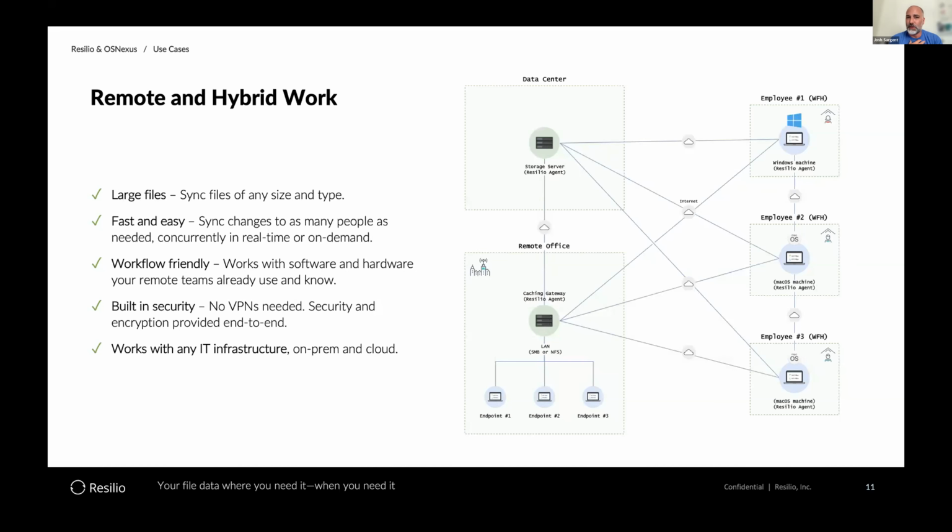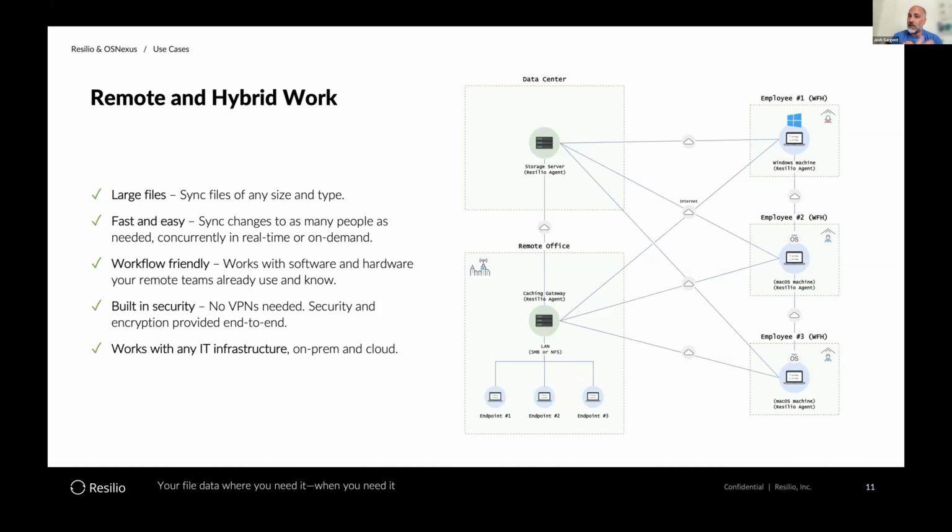It really is a bad experience when you're dealing with large file sizes. We've got video post-production teams where a video editor might be working from home or on site, and trying to sync 8K video to their local Mac so they can do some quick edits is just not going to be a happy user transferring data over an SMB connection over a VPN. So we give the ability for users to install the Resilio agent directly on their laptops or desktops and use our proprietary protocol that's really good at synchronizing really fast over high latency connections, all encrypted and secure, of course,